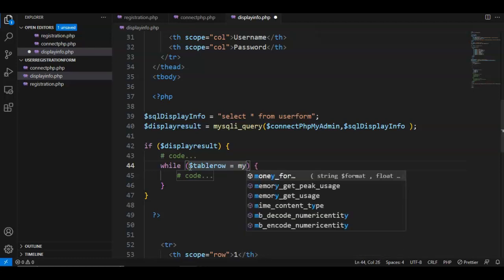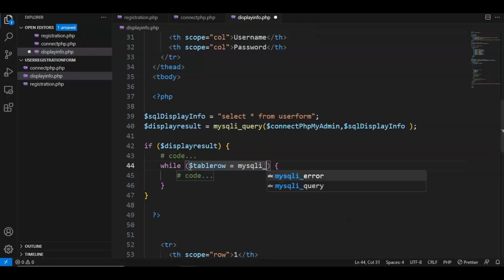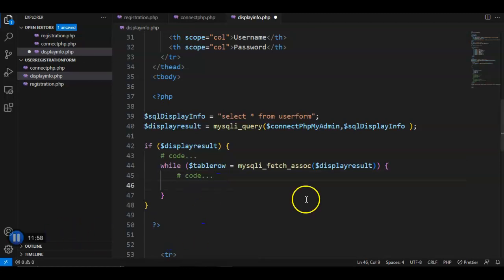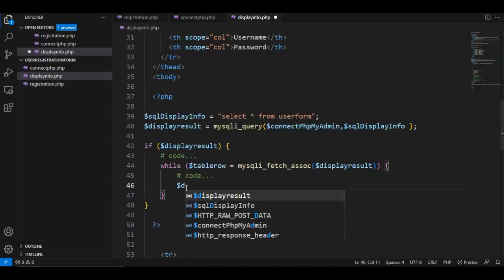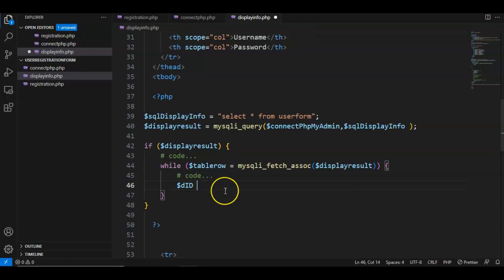Equal to, I'll write a SQL query. Inside that, I'm gonna paste this same variable again. Here I'm gonna define a variable. So suppose that's the variable I'm gonna define. So what I'm gonna do, I'm gonna get that variable, paste here, and then